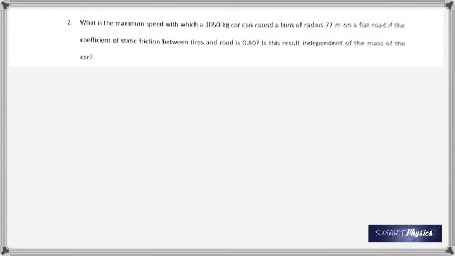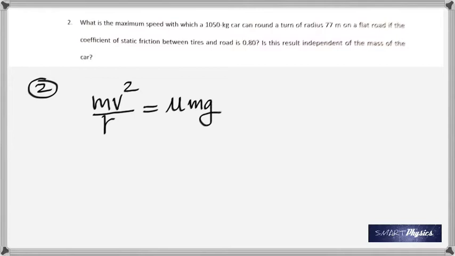The coefficient of static friction is given as 0.80. So in this case, the centripetal force should be equal to the force of friction. And the force of friction is given by mu mg, because in this particular case, because it's on a level road,